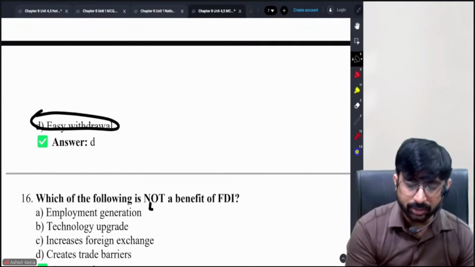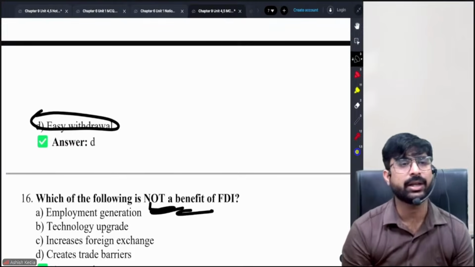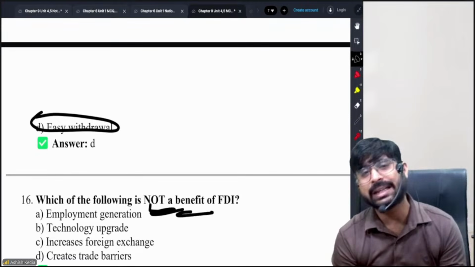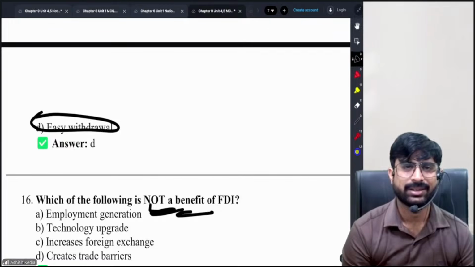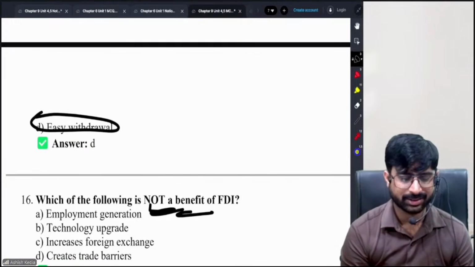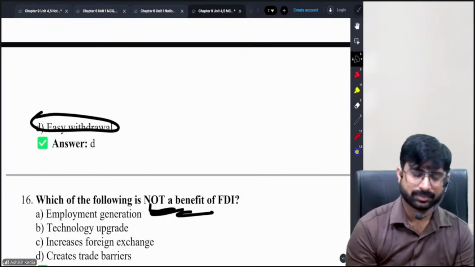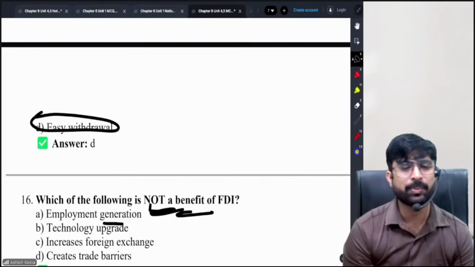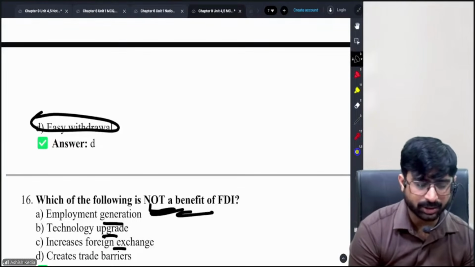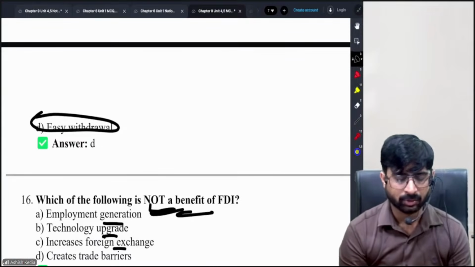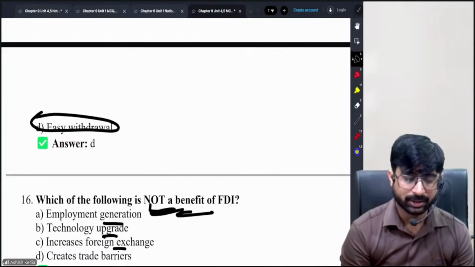Which of the following is not a benefit of FDI? Think and answer, class. Is it employment generation? I don't think so. Technology upgrade, foreign exchange, trade barriers. Not a benefit of FDI. See,